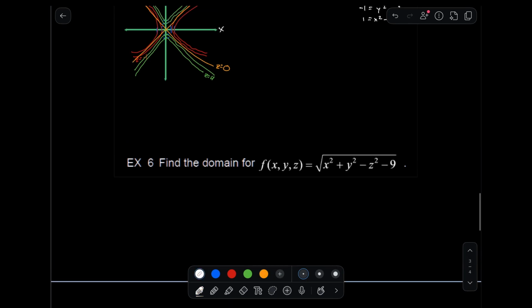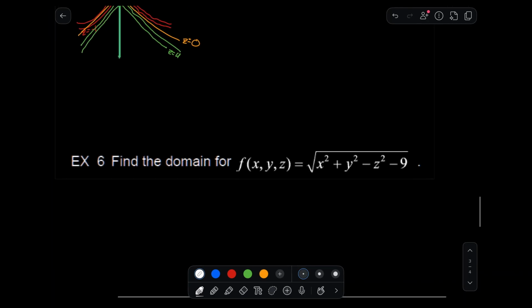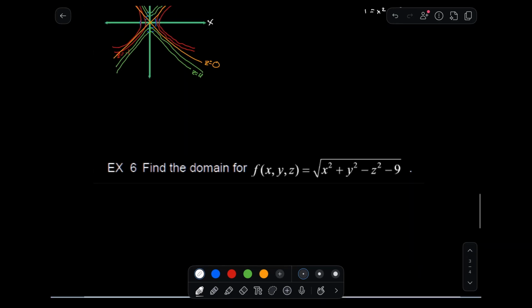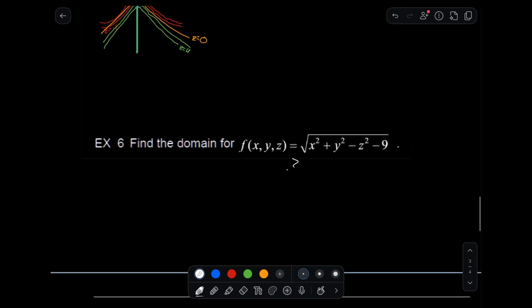And example 6 is our final problem. We have to find the domain for f of x, y, z of this function. So we see that we have a square root, right? I think the thing with the square root is that we need to know if it's positive. It has to be positive for a value to exist, right? So we know it has to be greater than 0. So not greater than or equal to 0,